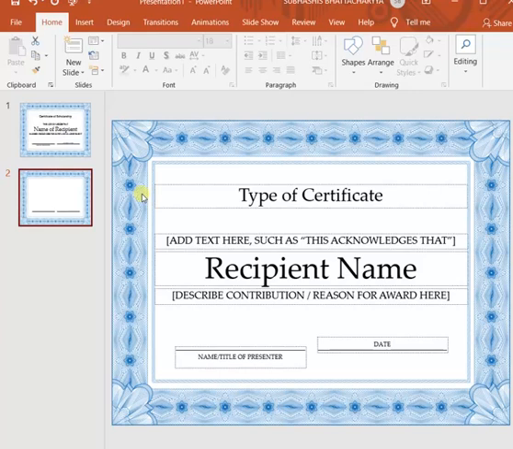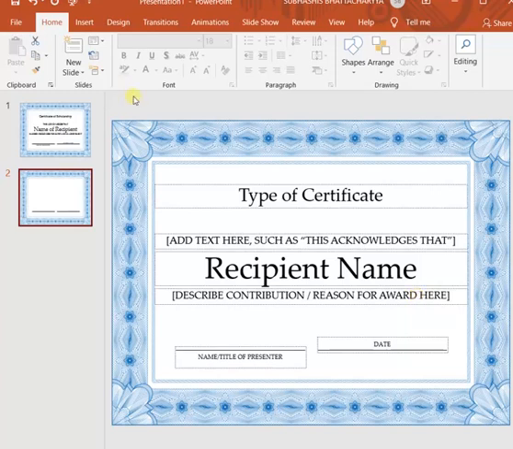There are different types of background styles that we can apply to a slide. There are 4 types. One is solid fill, second is gradient fill, third is picture or texture fill, fourth is pattern fill. By default, the background color of any slide is set to solid fill. So whatever you are seeing in this background is set to solid fill.